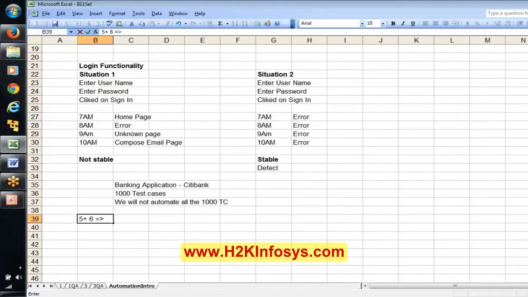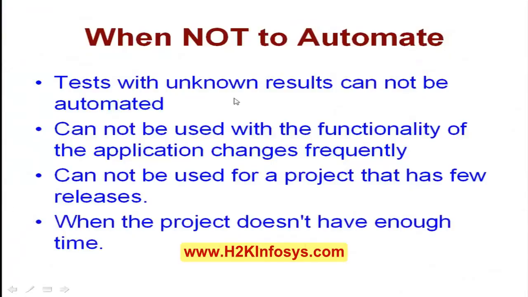Okay, that is what this point is talking about. Tests with unknown results cannot be automated. You have performed something, but say you don't know what the next step is going to be, what it is going to do as part of your input operations, those kinds of test cases cannot be automated.